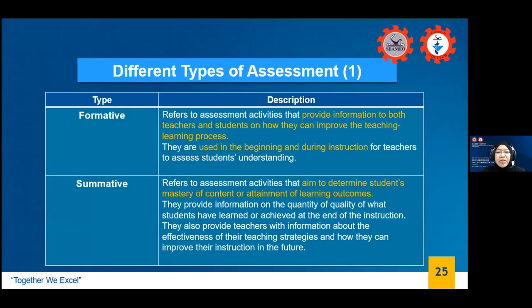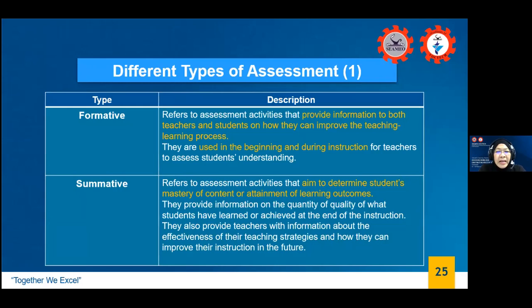Now, no need to announce who are those people that did not really do well. Quietly, you can call them to your side, without the others knowing that these two students did not do well. You don't have to do that, because the objective is to help them do well. Your objective is not to embarrass them. Do you get me? Okay. There's a little bit of psychological interplay in this.